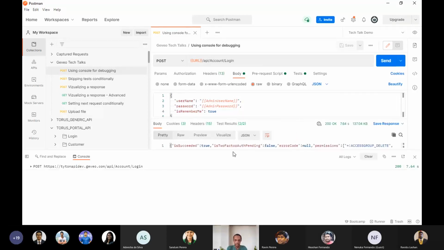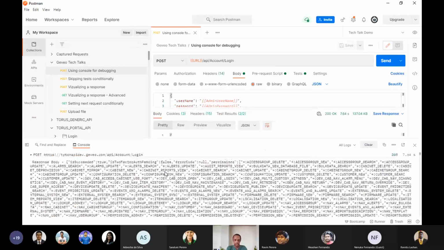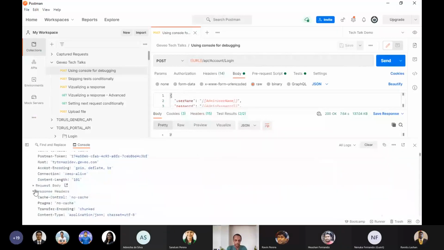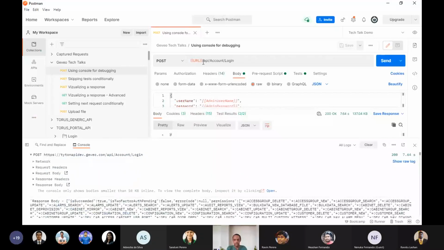Yeah, so as you can see, this is the response body, and you can see that the request has passed, and these are the request headers. So you can see the response headers, everything. So for some reason, if your URL or your API request fails, so let's say there's an